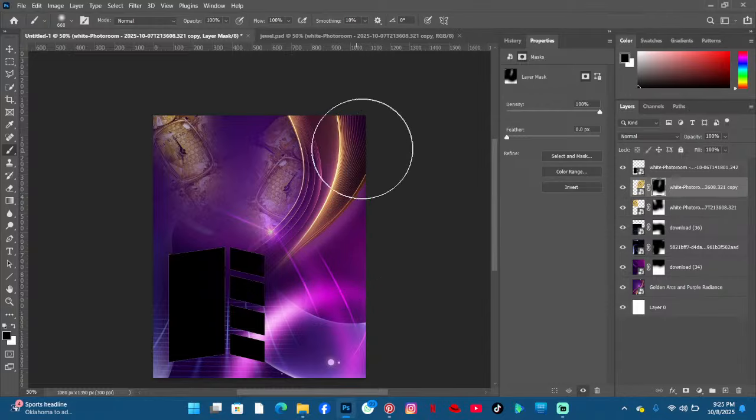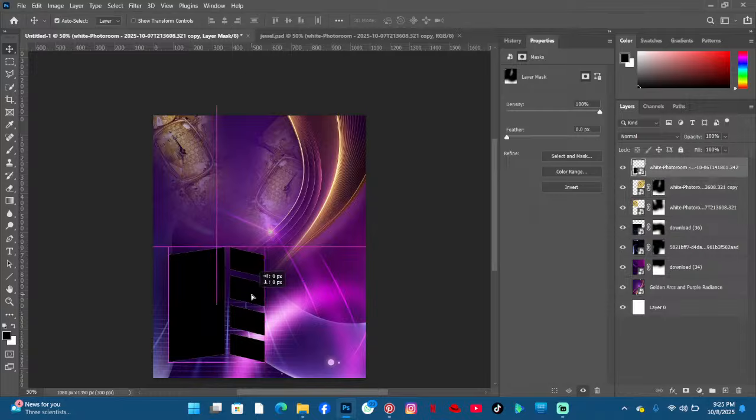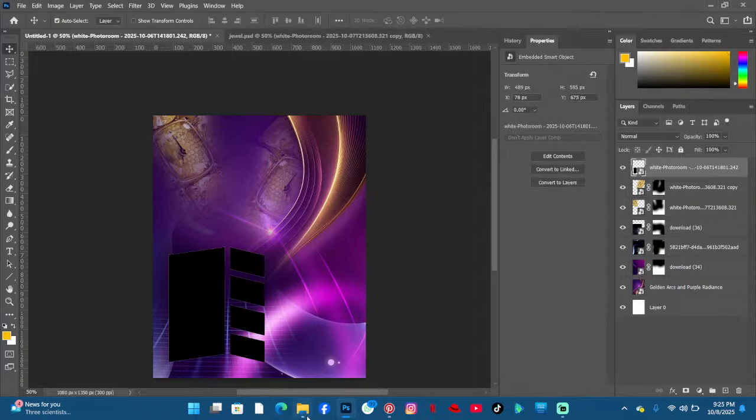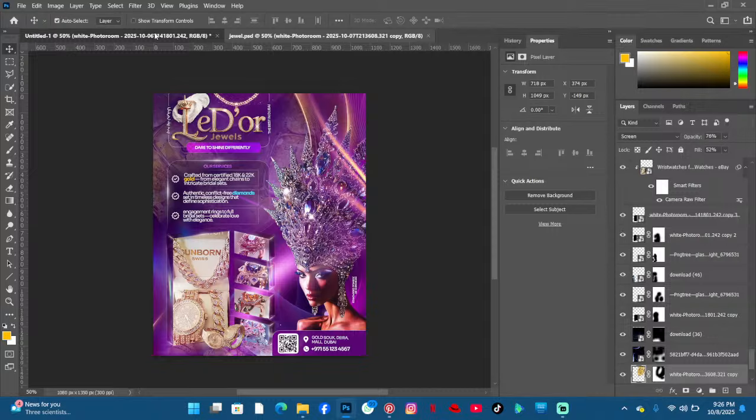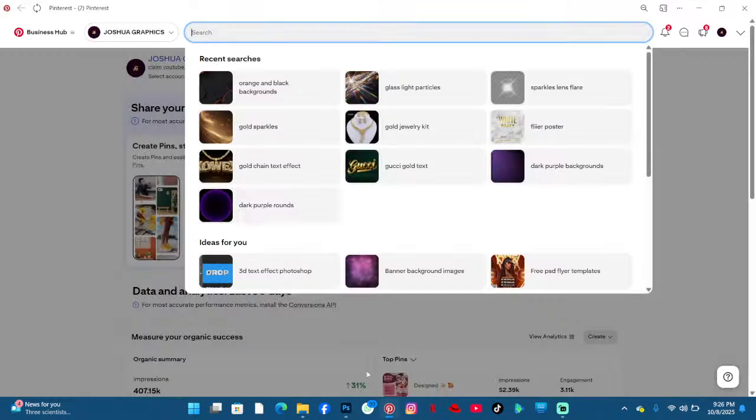You can see it looks like it's under this background we added earlier. So it's good like that. It makes more sense. Now I'm going to show you how I got this text, the jewelry text. So I just searched for some